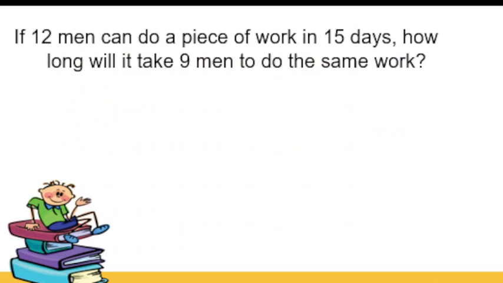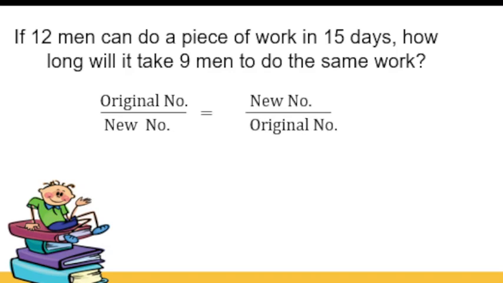let's say if 12 men can do a piece of work in 15 days, how long will it take 9 men to do the same job? Okay, so of course, you have the original number over new number is equal to new number over original number, and the original number is 12, and the new number is 9, and the new number of days is unknown. Original number of days is equal to